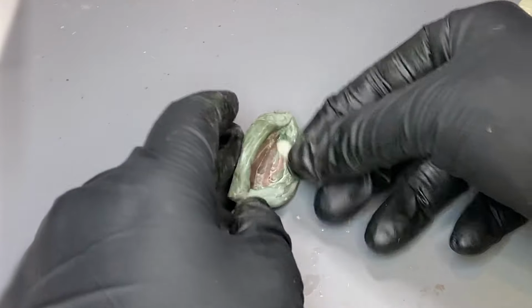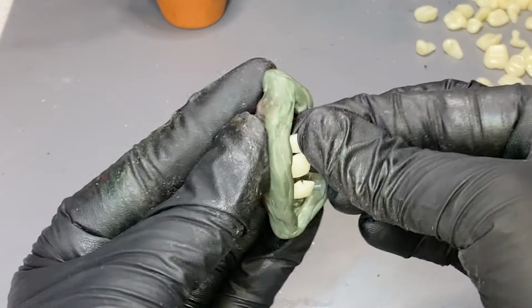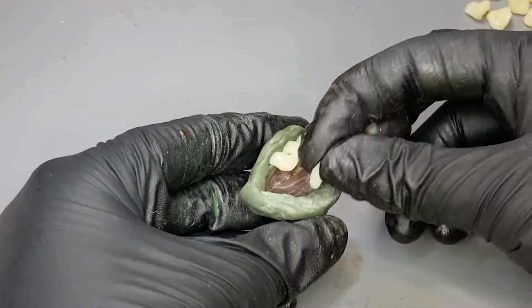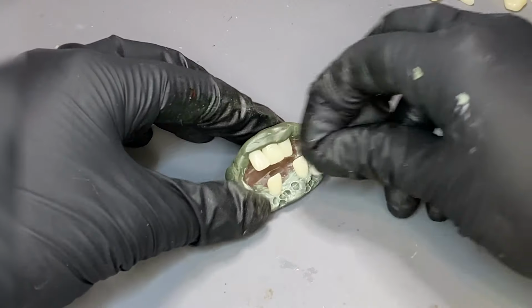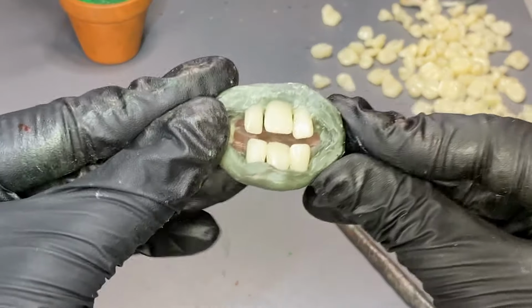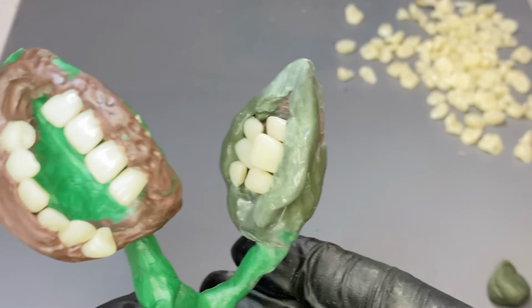Oh wait, I know, cheese. Because cheese isn't something that you find in nature. Not that chips are something that you find in nature. But you know what? People eat a lot of cheese. Possibly more than chips. So it would be a human cheese trap. Although that makes me think it's like trapping mice. So I don't know. How about we put a pin in that and talk about how this plant could have